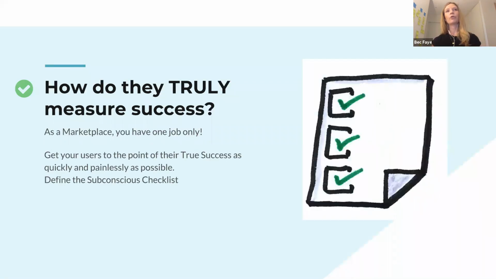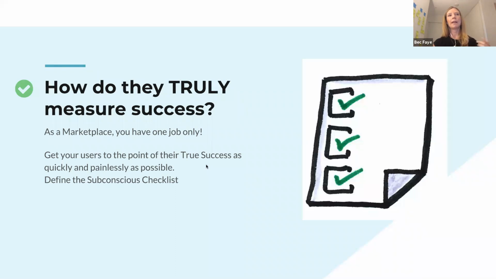Now, how do your users truly measure success? This is really important, and a lot of people jump to the conclusion where they make an assumption about how their users will measure success on their platform. What I highly recommend, though, is actually making sure you speak to your real users and understand how they measure success. I call it true success because it is really about getting that from their mouths. You want to know exactly how they measure success, because the problem with assumptions is we're not always right. And if you're building your whole platform based on assumptions, you're going to miss the mark. And they're the little things that can make a huge difference in the long run.